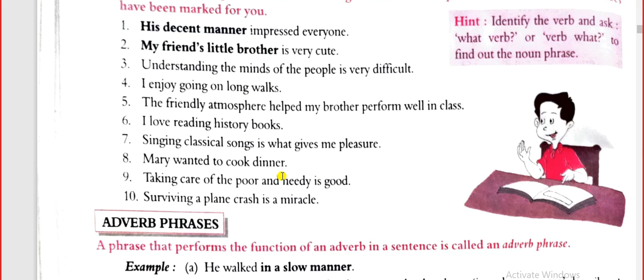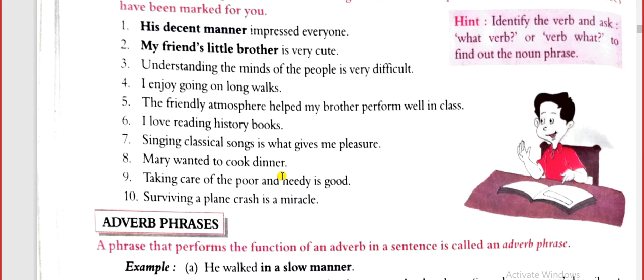So you start telling me the meaning of each and every word in this sentence. Ma'am, Mary is a name and it is a noun. Okay, शुरू हो जाओ. Ma'am, Mary is a name and wanted, ma'am, is to, ma'am. समझ में आ गया wanted क्या है? Yes, ma'am. क्या होगा verb? Ma'am, wanted. Very good. तो noun phrase क्या हो जाएगा? Ma'am, Mary wanted. अरे नहीं बाबा, wanted हो गया verb.